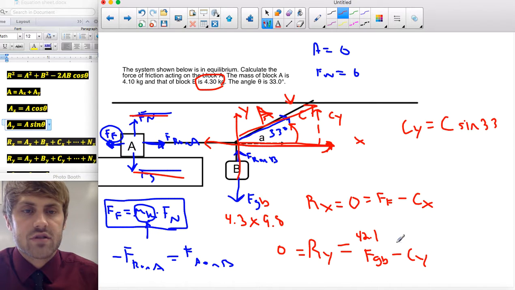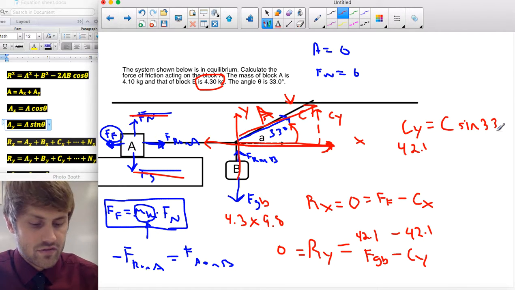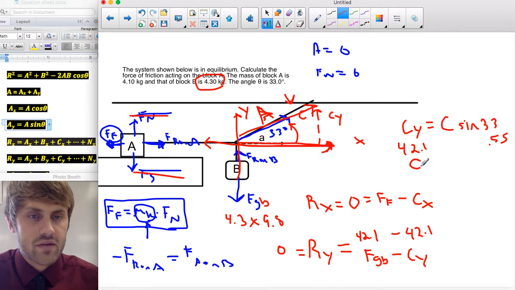Since we know C y has to be equal to 42.1 for this to be an equilibrium, we can say that 42.1 is equal to C times sine of 33. If I plug sine of 33 into my calculator, I get 0.5, and we'll round that to 0.55. I can take 42.1 divided by 0.55 and find out that the magnitude of C has to be